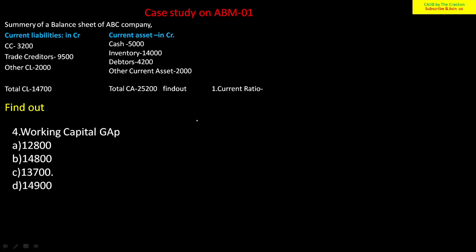So this is the fourth question, working capital gap. So how to find the working capital gap? What is the formula for this? So as we know, the formula for working capital gap is total current asset minus total current liability minus bank borrowings. So we need to subtract the bank borrowing from the total current liability, and whatever value we get, if we subtract it from total current asset, then we'll get the value of